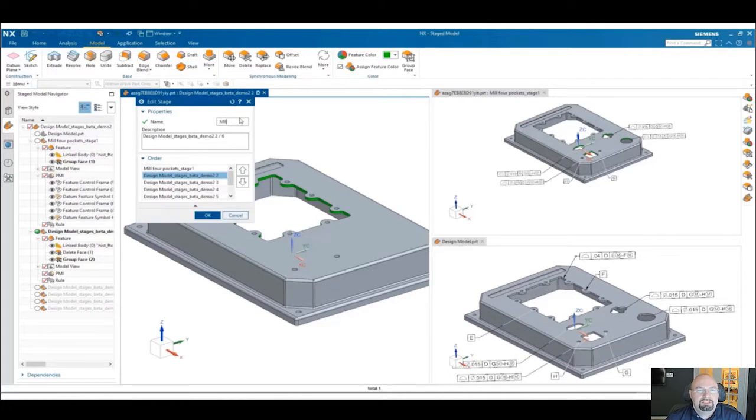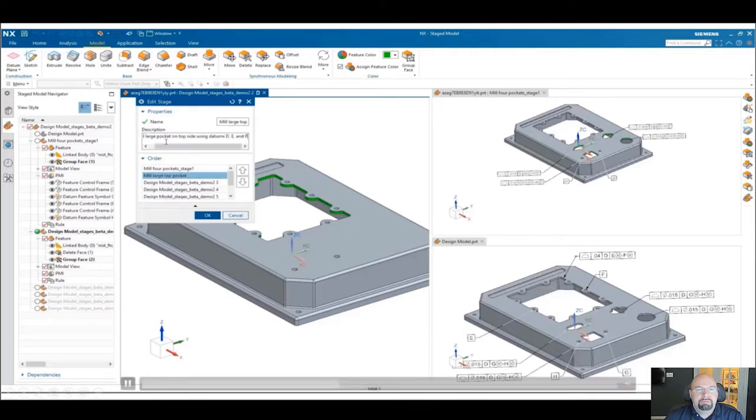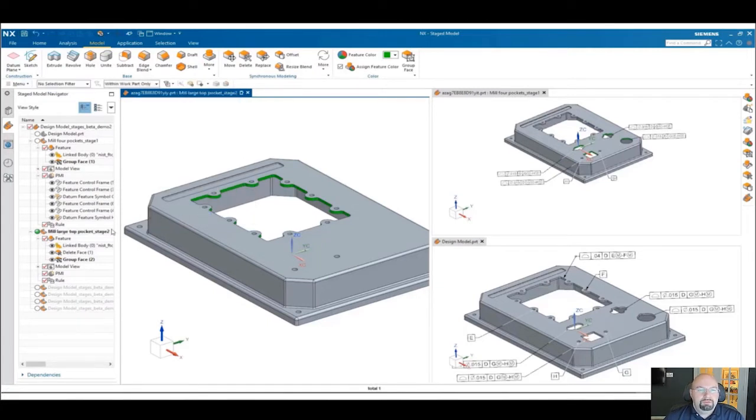First, we'll go ahead and add some descriptive names here. So for the name, describing this milling operation, we're going to mill that large top opening inside the part. Once we complete that,